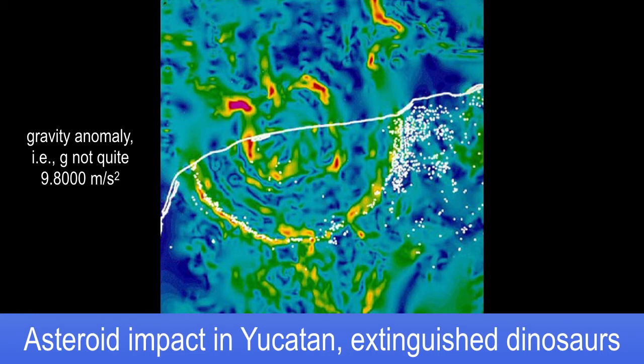Now, impact glass, when the asteroid impacts, it melts the rock. The rock goes flying into space, and some of it comes down close, some of it goes thousands of miles away. But it cools down so quickly. If it's an igneous rock, it'll form a kind of a glass, right? Because all this stuff there's a lot of silicon and oxygen. Silicon dioxide is sand, and that's what glass is made of.